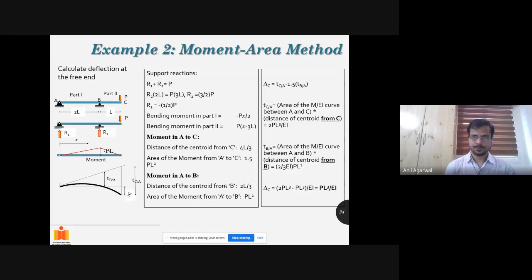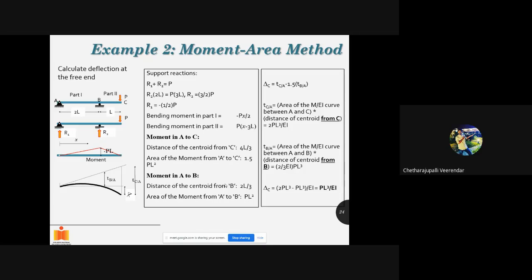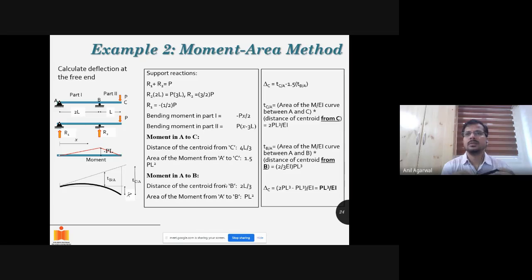Anybody, please? Can it be used for trusses? No, sir. No, right? So only flexural members, because the very definition is double integration, which means you're integrating from